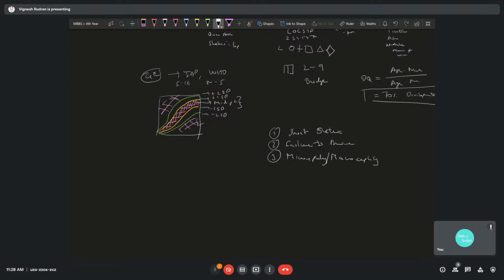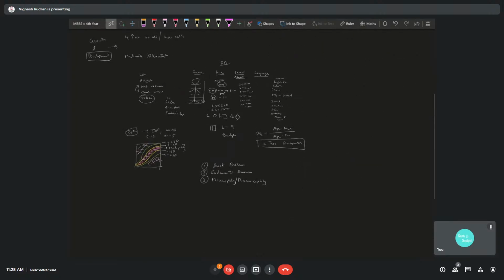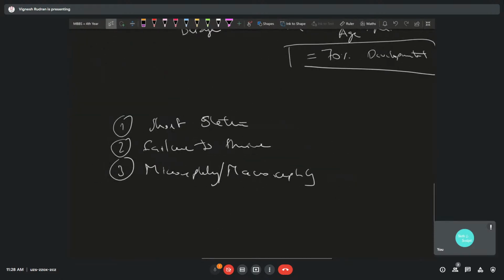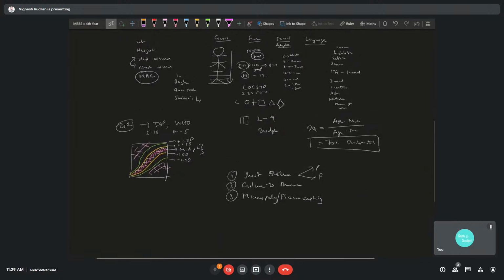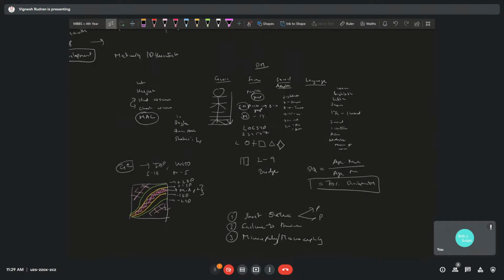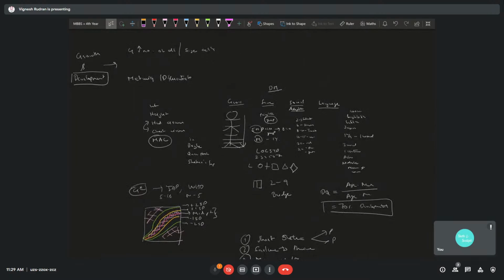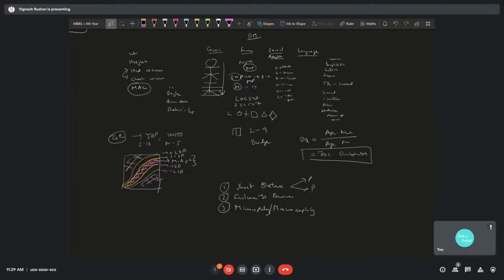Okay, with a little bit of common sense and all of these points in extra, like they ask you about short stature, you say it's physiological and pathological, and then you say you need to first assess the child's growth. To assess the child's growth, I'll look at his weight, height, head circumference, chest circumference, mid arm circumference, and then I'll come to a conclusion and plot it against this growth chart and see his status. And then if it's coming less than minus two standard deviations, then I will go investigate further.